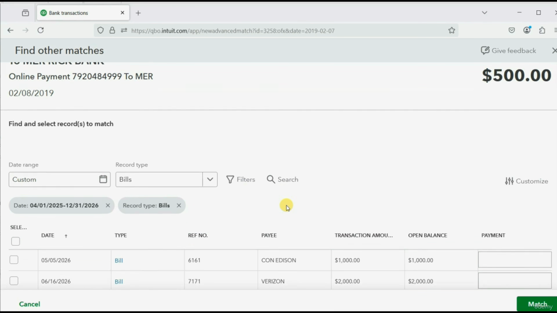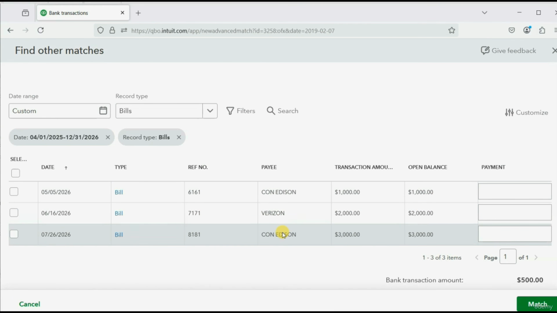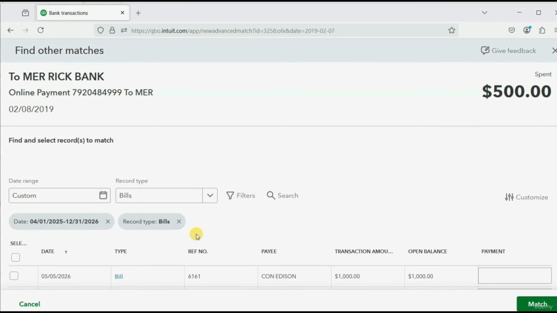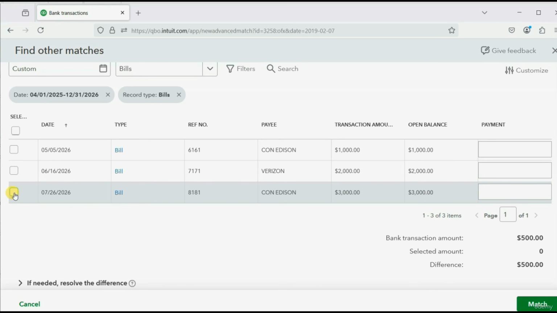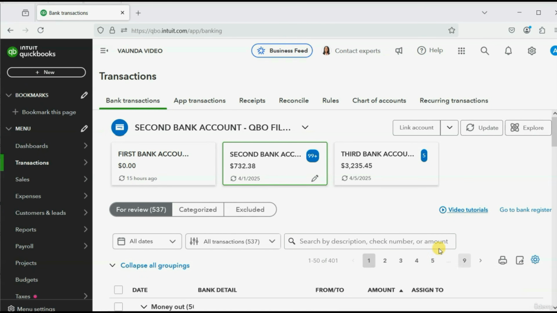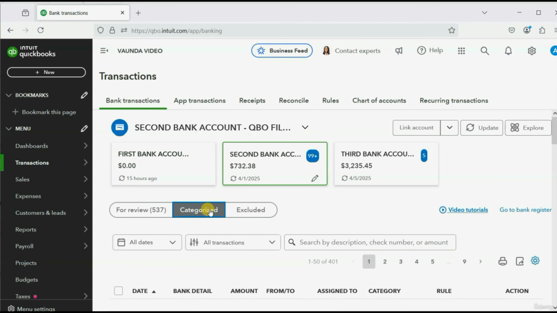And when we click Apply, you can see here are all three of the unpaid bills within this date range. And we want to apply it to this one, number 8181. And again, if the money amount is less than the bill, all you have to do is click the check mark and the money amount will go right there, and this will decrease to $2,500. So we click Match,